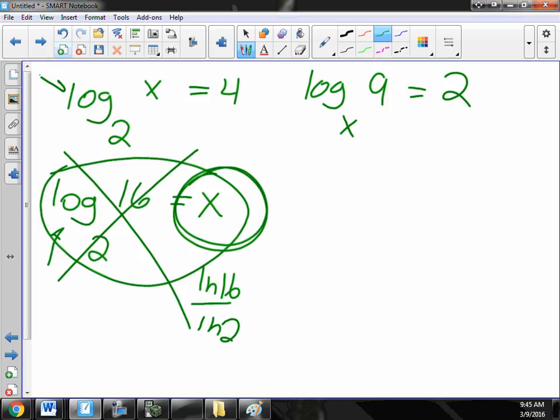What if this is what you're looking at? The variable is inside the log. How do you bring it out? You can't divide by the log. You convert to exponents. 2 to the 4th equals x, which happens to be 16. Okay. What about if the base is missing? Convert to exponent again. X squared equals 9, so x is, or,